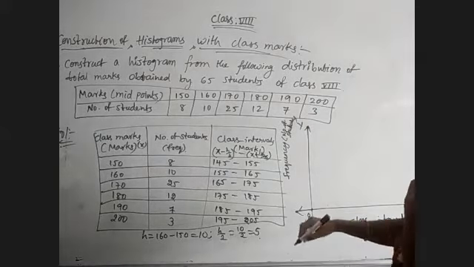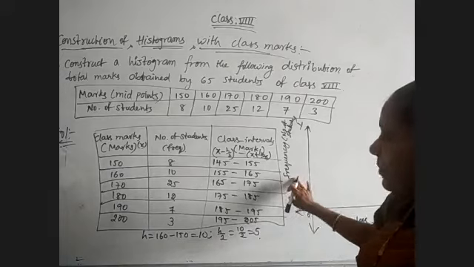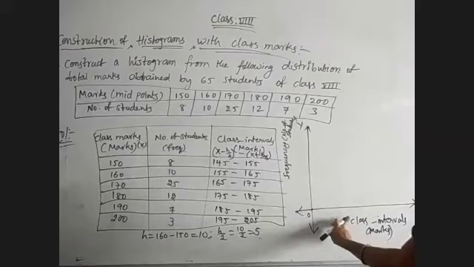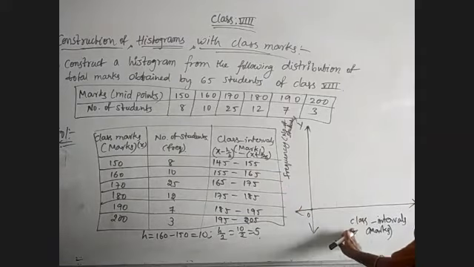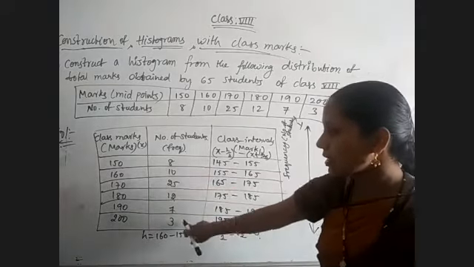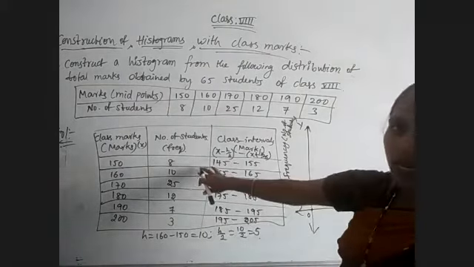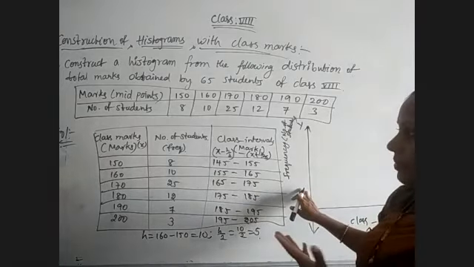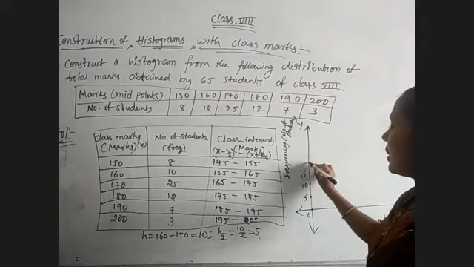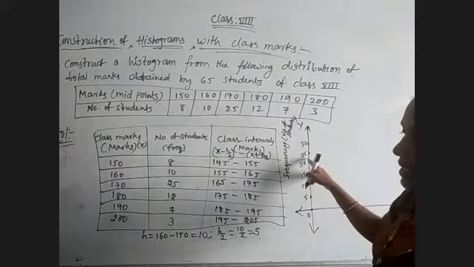Now, choose the appropriate scale. After drawing the x and y axes and representing particular values, choose the appropriate scale. On the x-axis we will compulsorily use one class interval. Coming to the y-axis, the highest value is 25 and the least value is 3. So what will be the suitable value? Take on the y-axis 1 centimeter equal to 5 students. So 5, 10, 15, 20, 25, 30. So 25 is the highest, till that we will get.